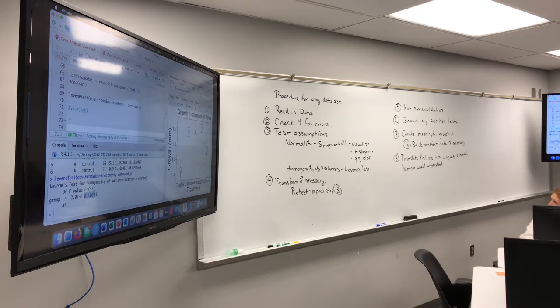If it's a deviation from normality, have you guys looked at the data set at all? If it's a deviation from normality, do you have to be all that worried about it? No? Yes? I was gonna say, don't we have a huge sample size? In this case, we actually have really big sample sizes for the most part. Yeah. And so if you have a large enough sample size, you don't really have to worry about the normality assumption because